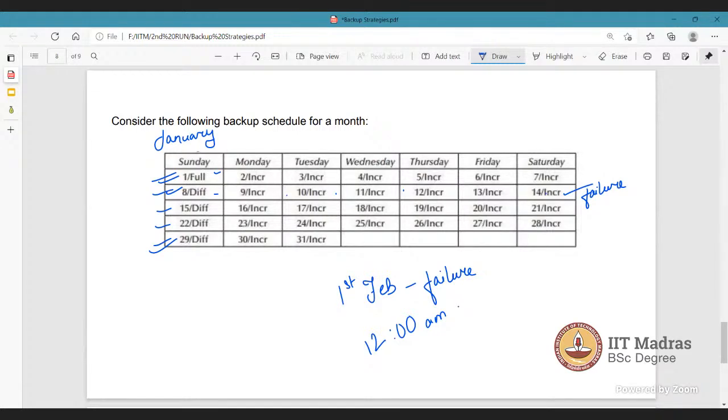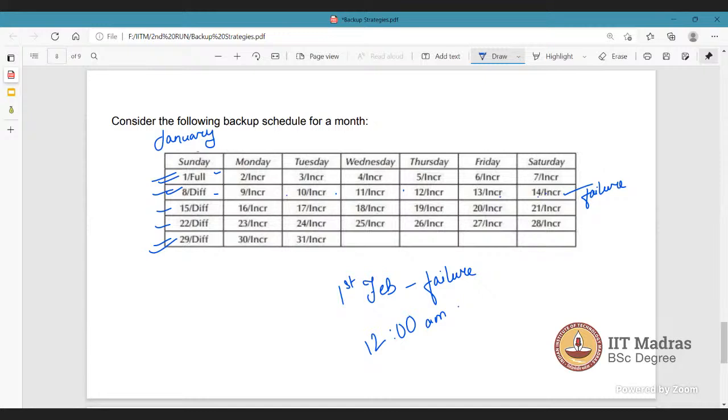Say for example, if the backup of the 14th is done and after that a failure occurs, then you will be taking 6 incremental backups, right? Actually, my question is, till the 13th the backup is taken, right? On the 14th there is a failure. So only the 14th will I try to recover, right? The others will already be backed up, right?